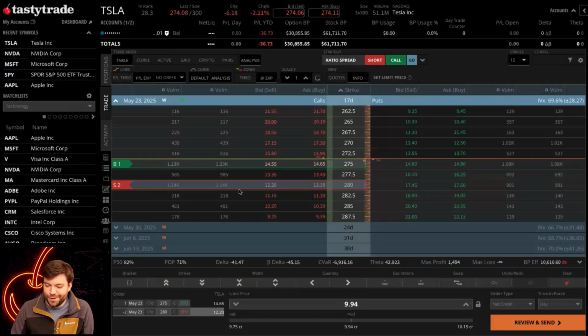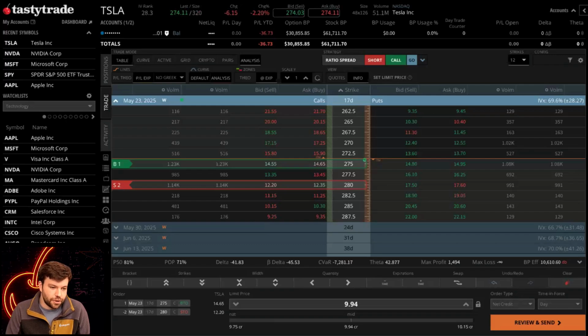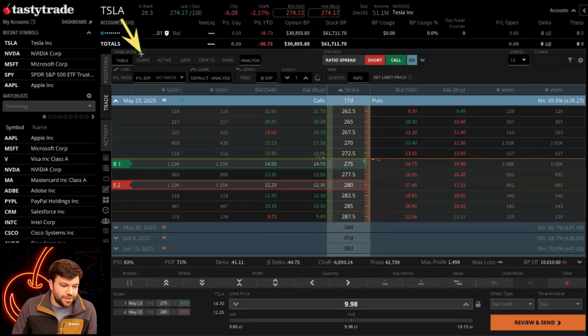Keep going. No worries. So this example trade we've got up here is a call front ratio spread. And for a call front ratio spread, we don't have any risk to the downside, and we do have some risk to the upside. And if you want to take a look at what these trades look like, the sort of theoretical profit and loss, we do have a curve mode that allows you to view the profit and loss for these trades based on a price of the underlying. So you mind switching to